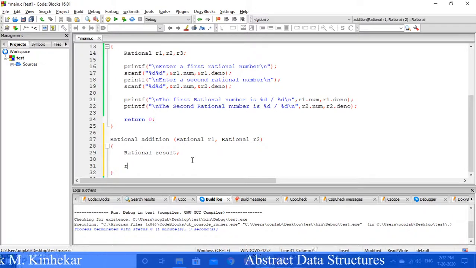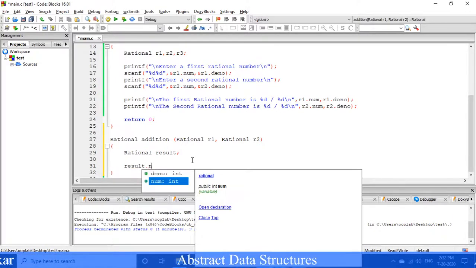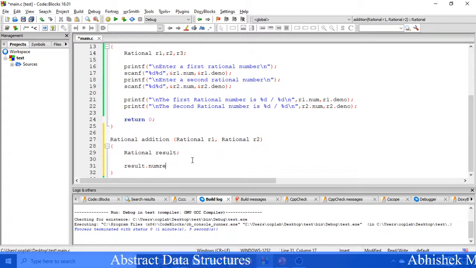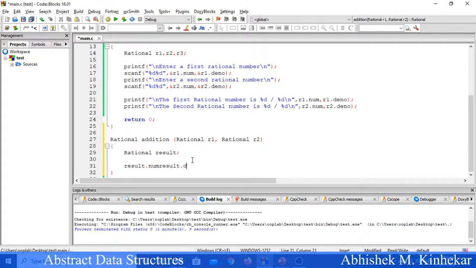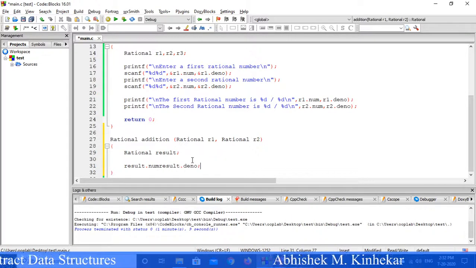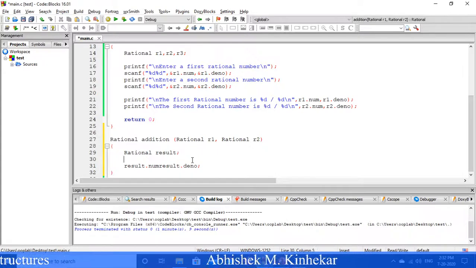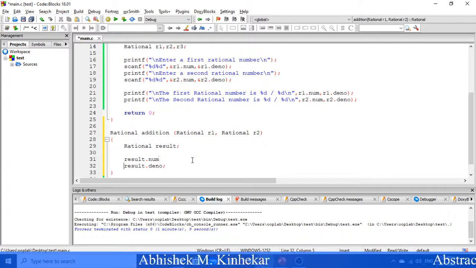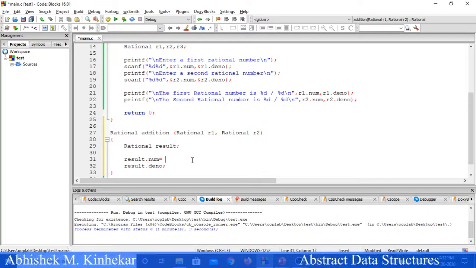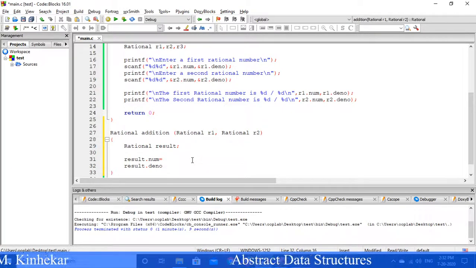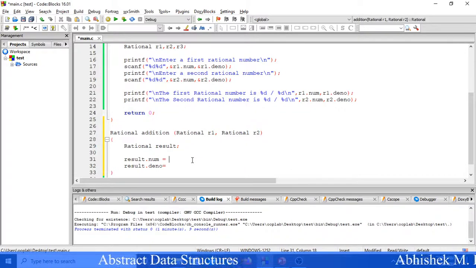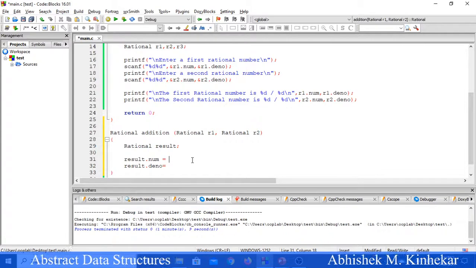Which two parts? result.numerator and result.denominator. Correct? Okay. So result.numerator and result.denominator. Sure. How do we calculate the result's numerator?